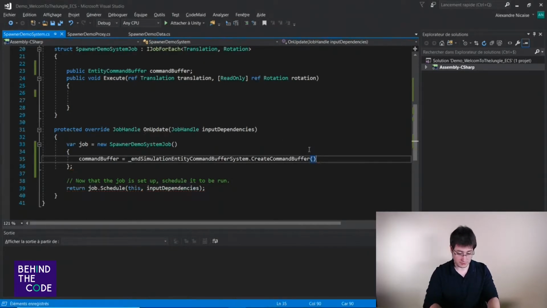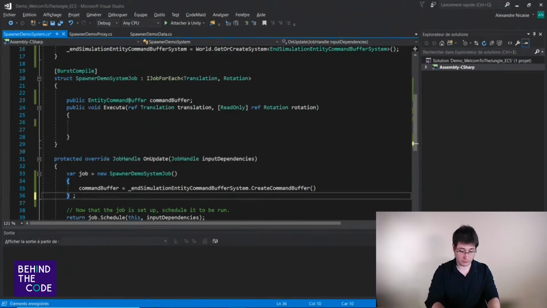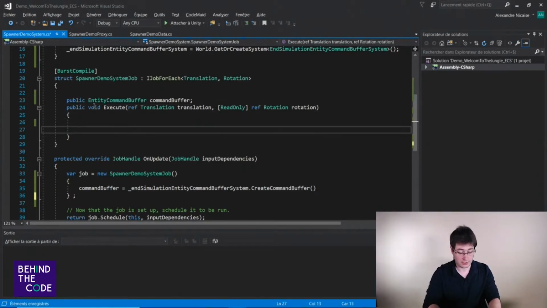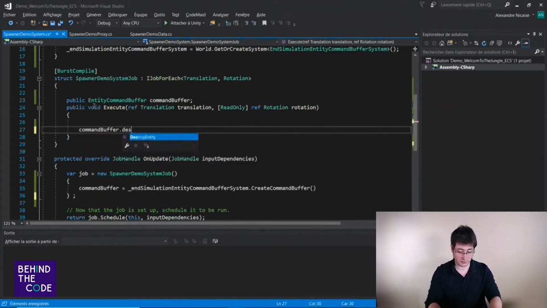But I want to have my entity here because in the jobs I need to access the entity spawner because I want to delete it. I don't want to have too many objects in my scene, in my world, sorry, and then I will delete my entity which is the spawner. So for that use the command buffer dot destroy,